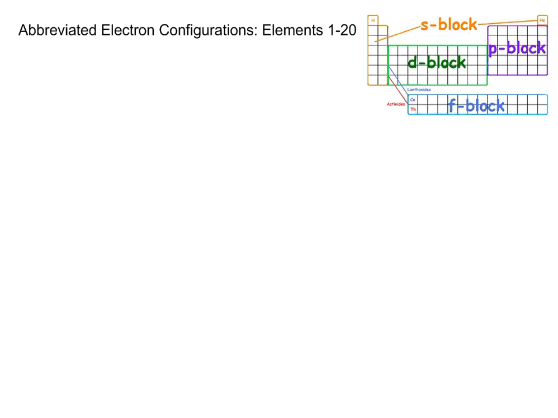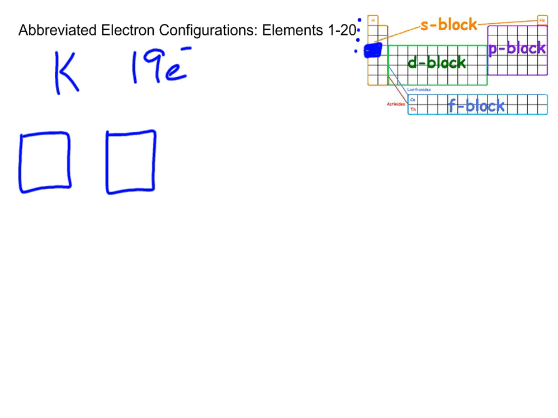So this time, let's say potassium, which is right here, number 19. Okay, we'll take a look at potassium. Potassium has a grand total of 19 electrons, and I know that potassium is in the 1, 2, 3, fourth energy level. Okay, so I'm going to have to make a 1s orbital, a 2s orbital, a